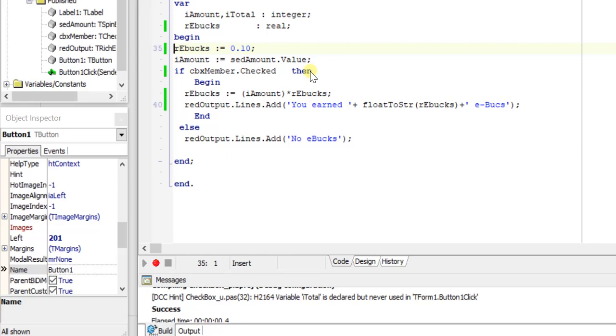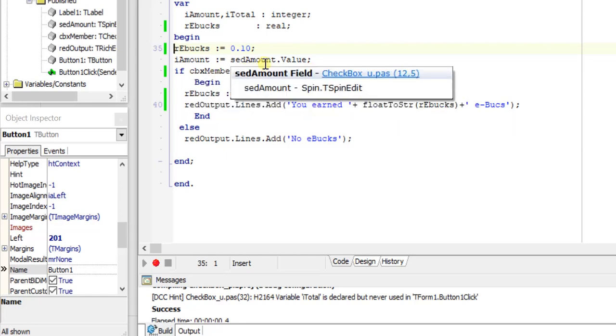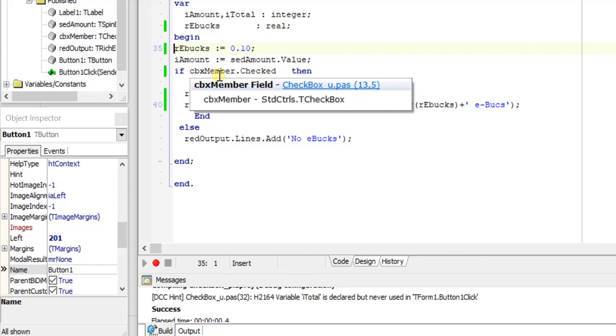So let's have a look at the code. In this little exercise, depending on the amount that's been spent, entered by the end user, we're going to give them 10% e-bucks based on the amount spent. So e-bucks is therefore being calculated, and we're now going to check the condition. If CBX member